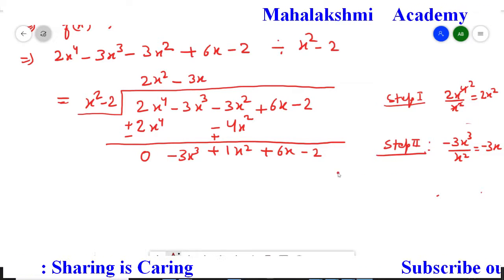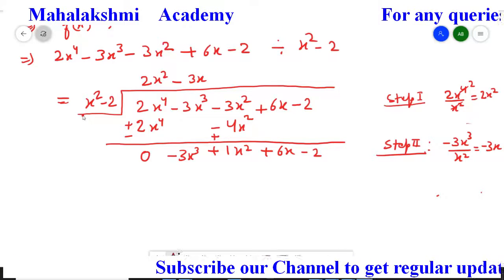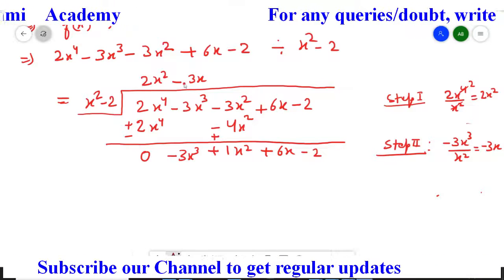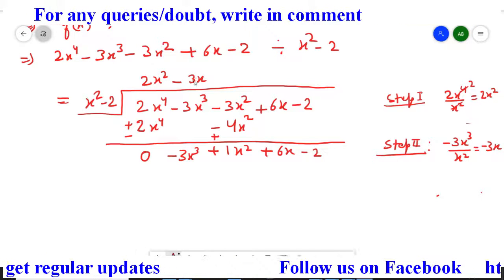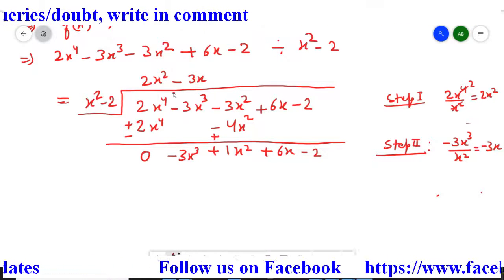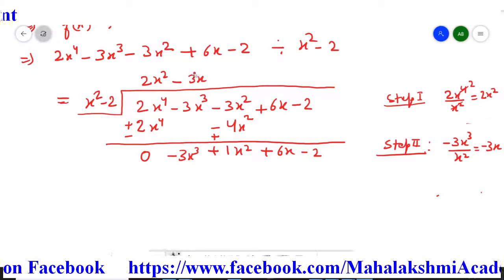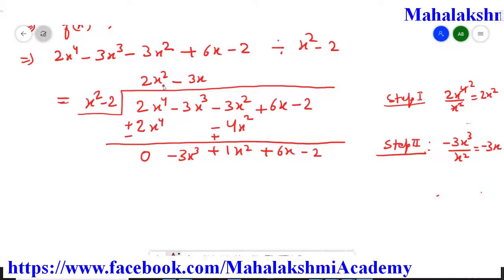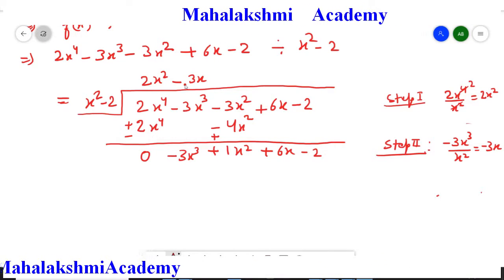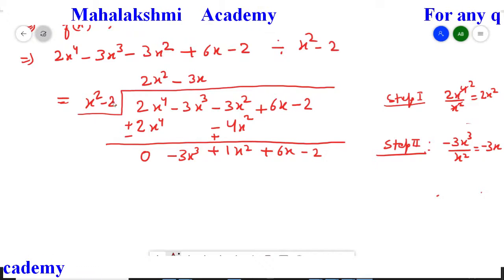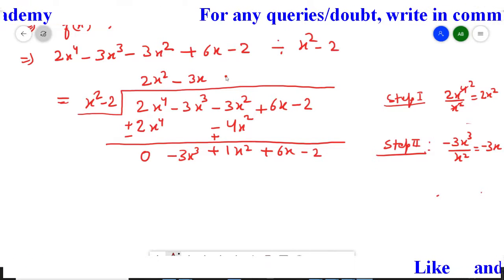Now what we have to do is, one by one we have to multiply this quotient by the terms of the divisor. So minus 3x multiplied by x square. So students, there is no number, so directly multiply the variables. So x multiplied by x square, just add the powers. Here power is 1 and here power is 2, so it's going to be x cube. So when you multiply minus 3x by x square, the answer is going to be minus 3x cube.